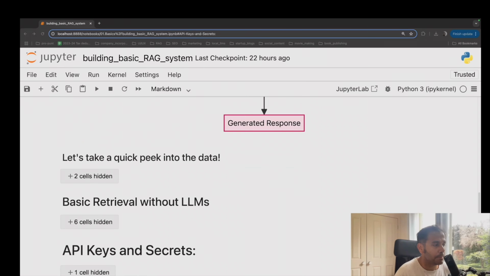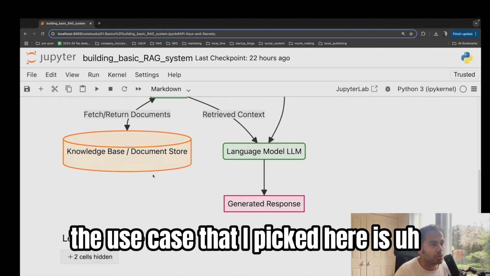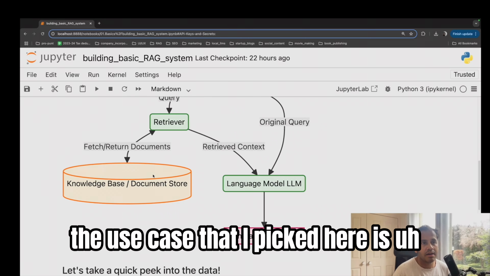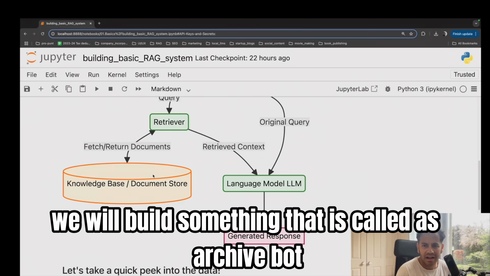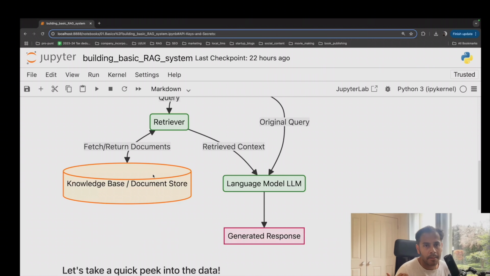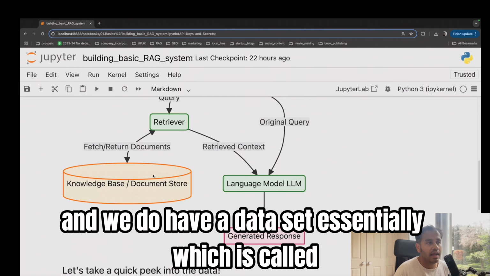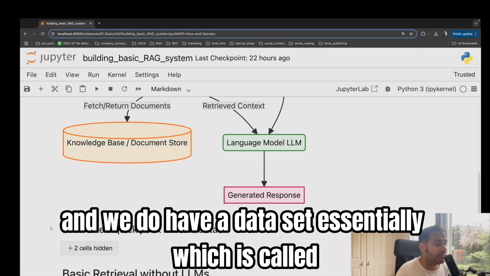The first thing is, let's pick a use case. The use case that I picked here is we will build something that is called an archive bot essentially. So online we do have archive.org, where lots of peer review and sometimes pre-peer review research papers are uploaded, and we do have a data set essentially which is called,